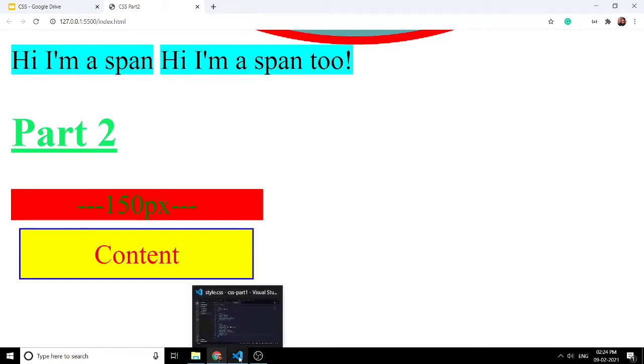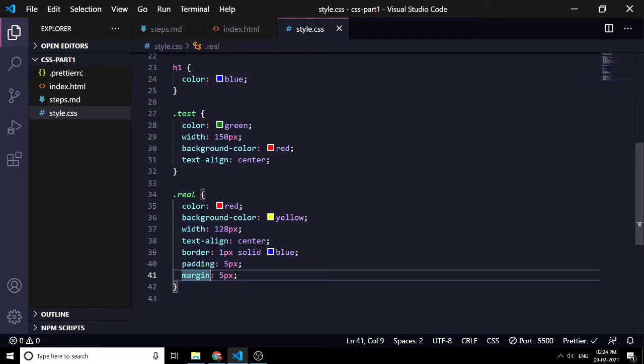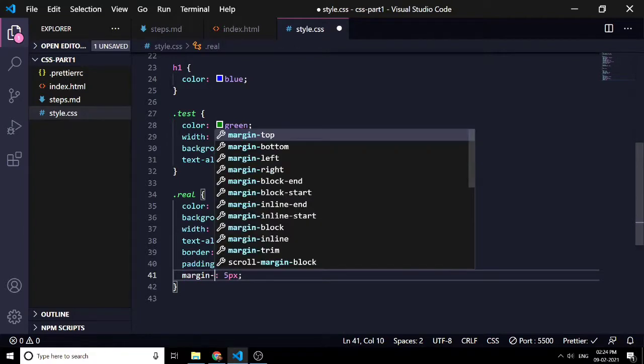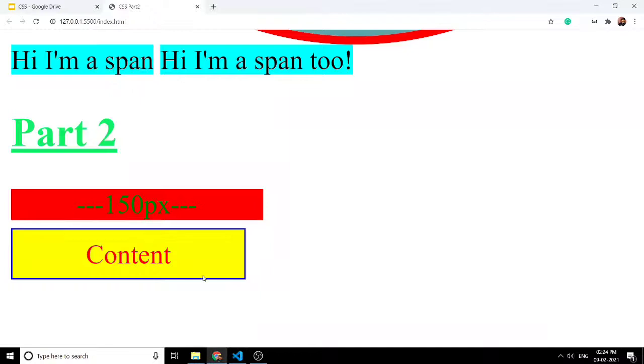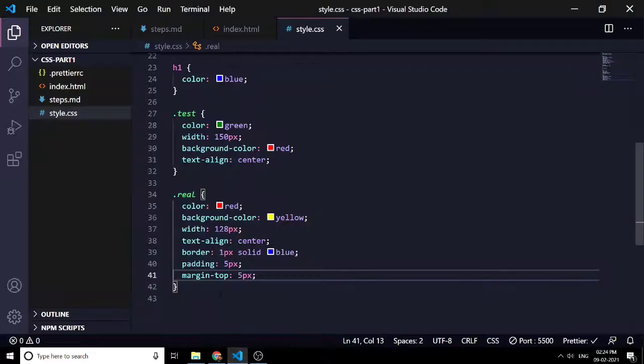Margin also has sub properties like margin top, margin bottom. So let's try margin top. Now you can see we have margin only at the top, not at the sides and at the bottom. We have only 5 pixels at the top, and we can also use it as we have used in the padding one, that is 0 pixels on top and bottom and 5 pixels on the sides.